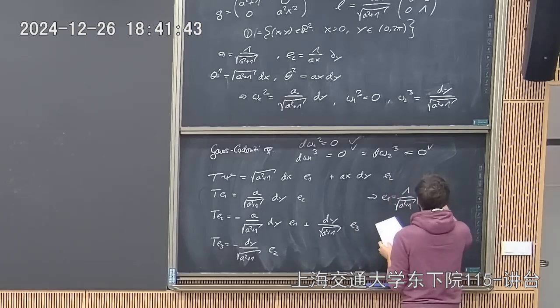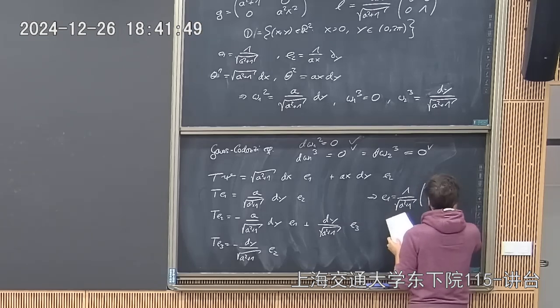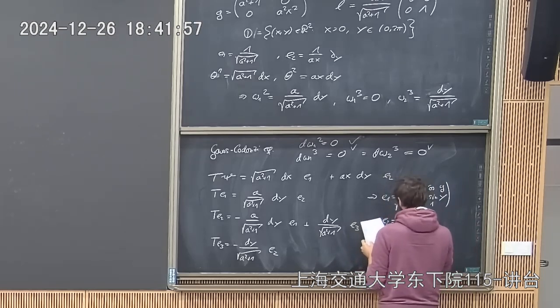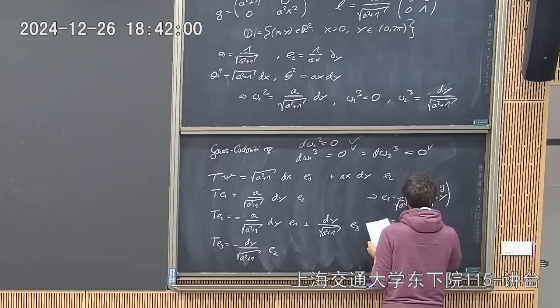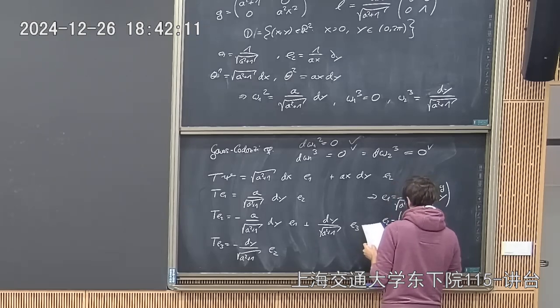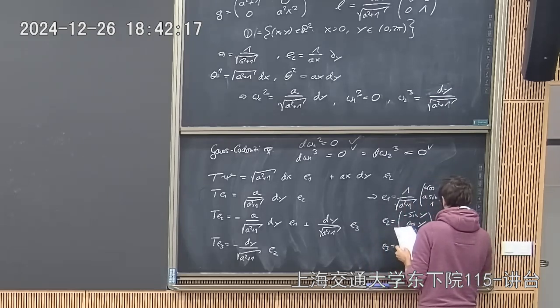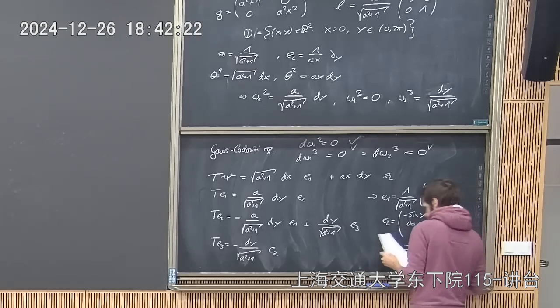E1 given by one over square root of a squared plus 1 times cosine y, a sine y, and 1. For E2 you get minus sine y, cosine y, and 0. And E3 is given by 1 over square root of a squared plus 1 times a, minus cosine y, minus sine y, and